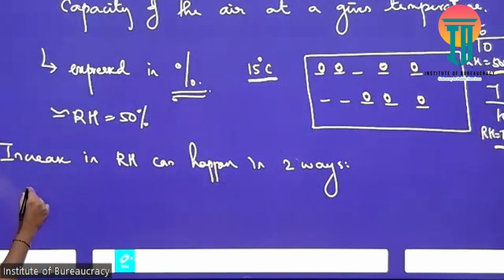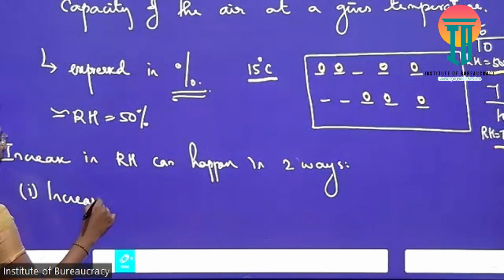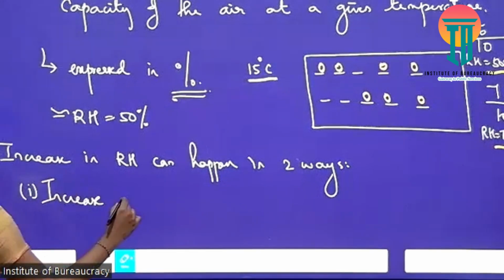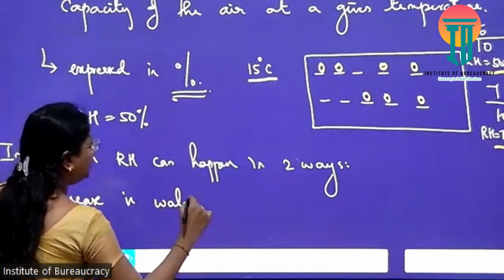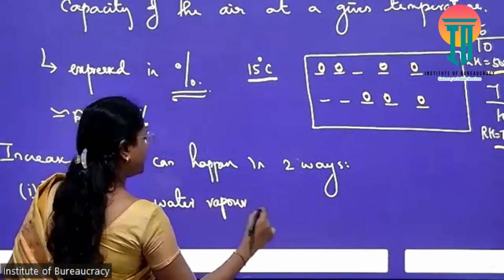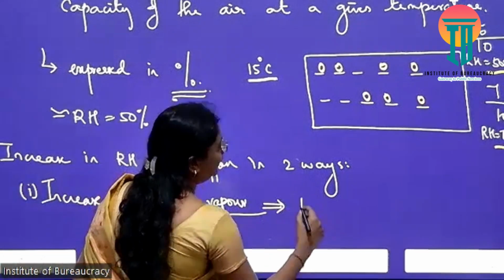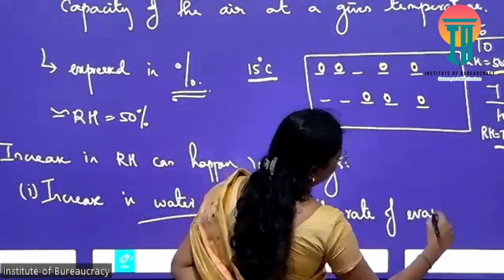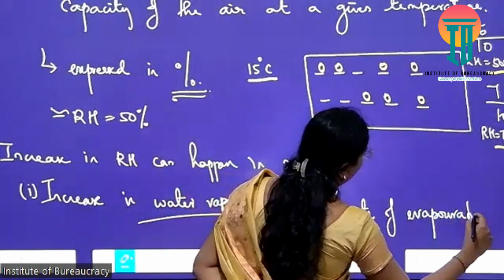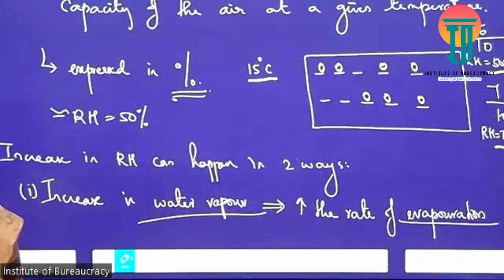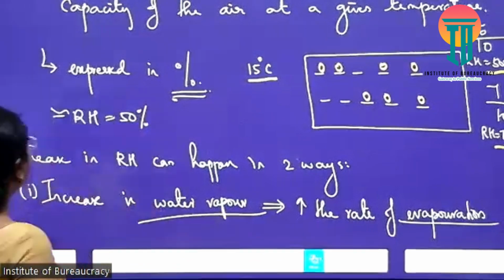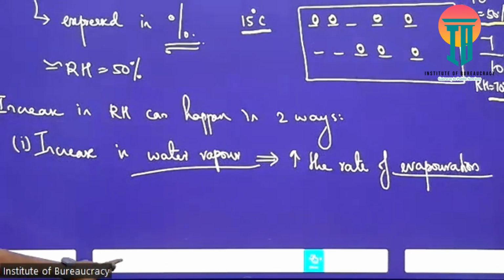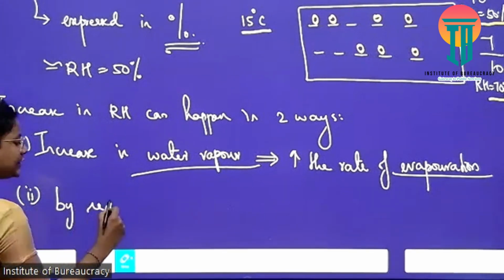So first, an increase in water vapor. And how could this be made possible? By increasing the rate of evaporation. Through the process of evaporation, we can add more molecules of water vapor. Second case: how else can we increase relative humidity? What is the second way? That is by decreasing